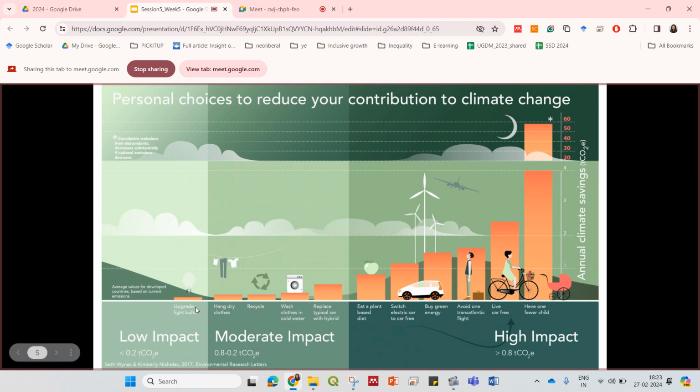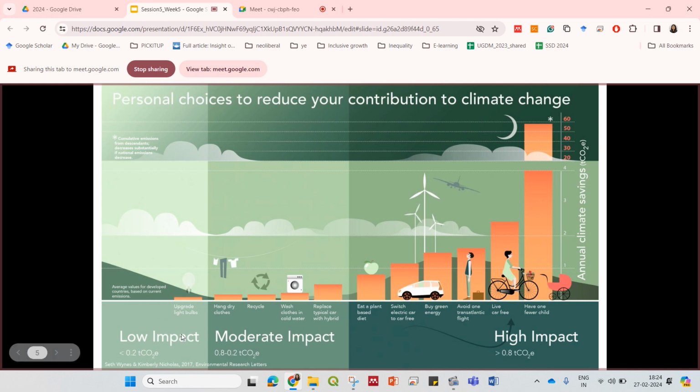So if you follow the regular way, what are the cumulative emissions, and if you try to follow the more energy efficient or the more climate sensitive way, what are the amount of emissions that you will reduce? Calculating that enables you to understand what kind of impact these will have. So you can see in the low impact you have upgrading light bulbs. So upgrading light bulbs will have some impact on reduction of CO2 emissions or climate savings as they have mentioned here,